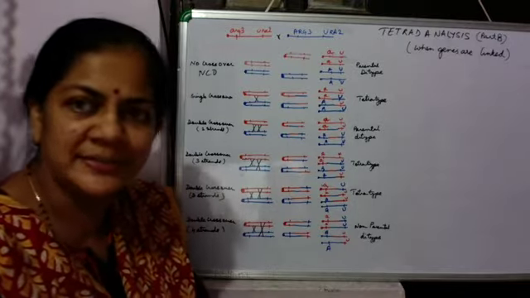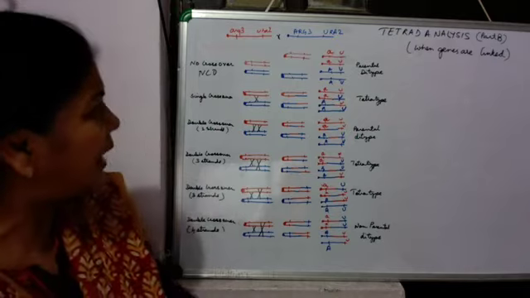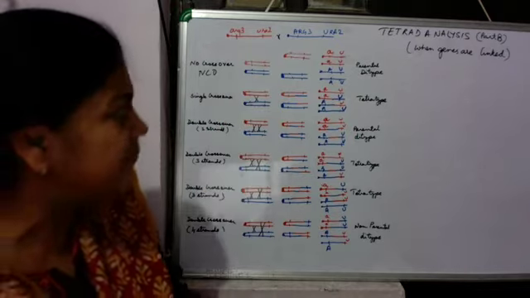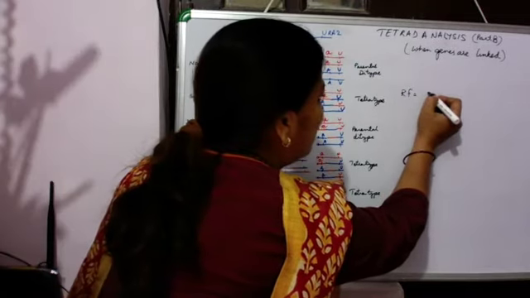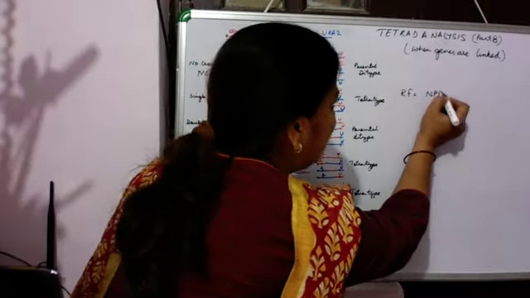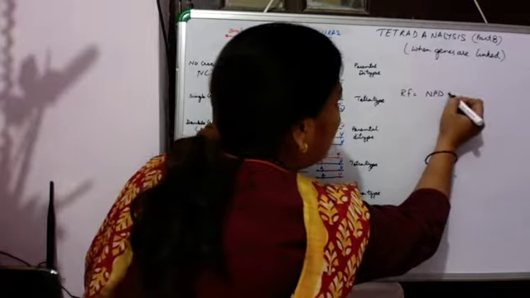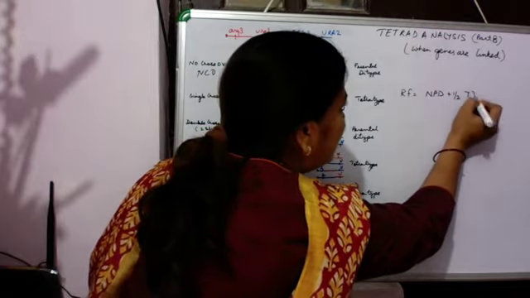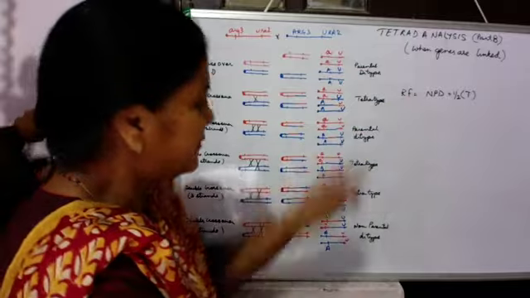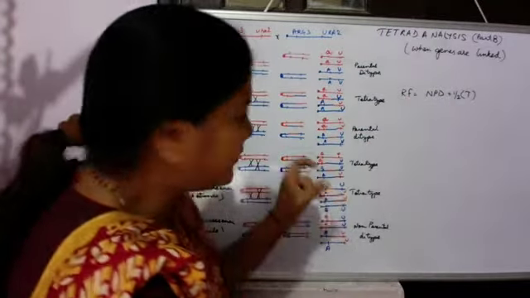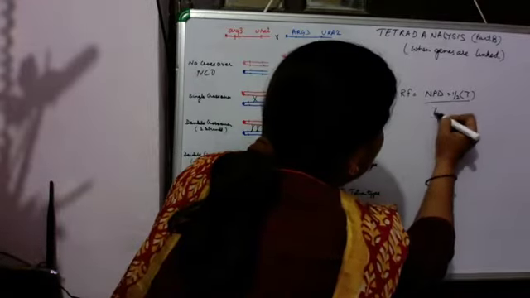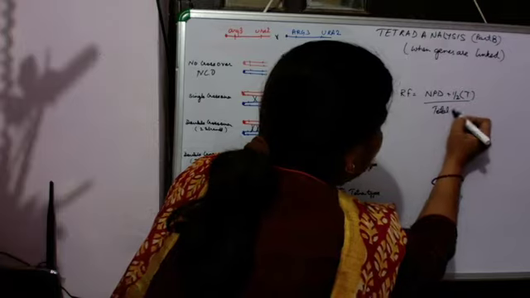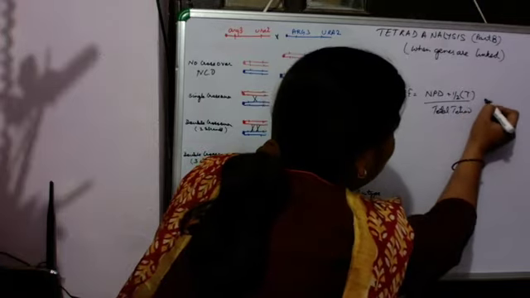Now how do you analyze this? To analyze the distance between the two genes, we calculate the recombination frequency, which is NPD, that is non-parental ditype, plus half T, where NPD is recombinant, and half T because in tetratypes 50% is recombinant and 50% is not recombinant. This is divided by total tetrads,